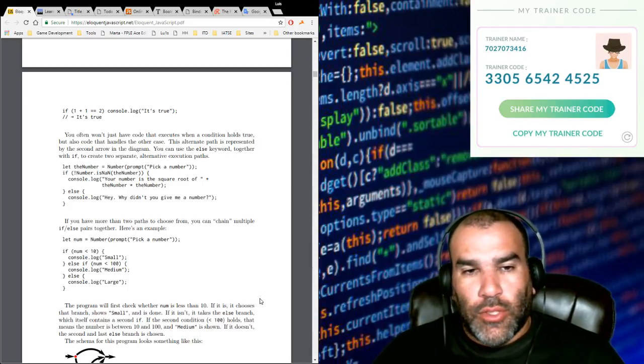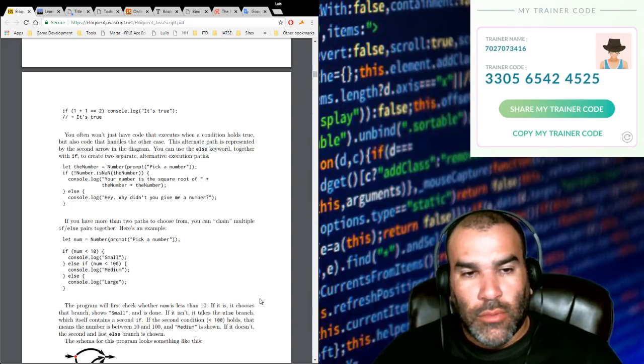let theNumber = Number(prompt("Pick a number")); if (!Number.isNaN(theNumber)) { console.log("Your number is the square root of " + theNumber * theNumber) } else { console.log("Hey, why didn't you give me a number?") }